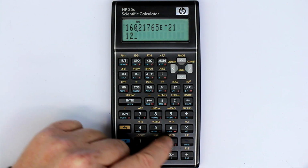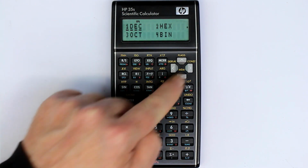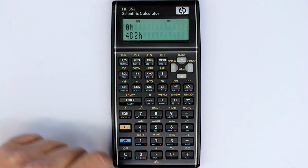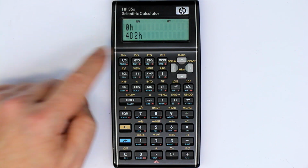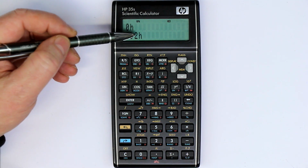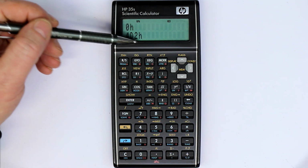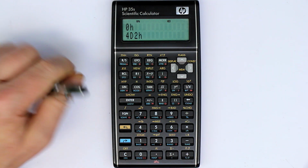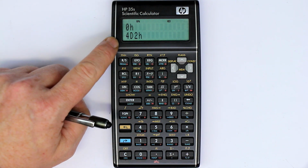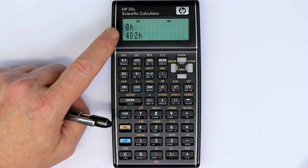Let's input 1, 2, 3, 4 and convert it to hex, and we get 4D2 in hexadecimal. The lowercase h here means that it's displayed in hexadecimal units. So really a nice feature when you do a lot of programming stuff, and you can also not only convert